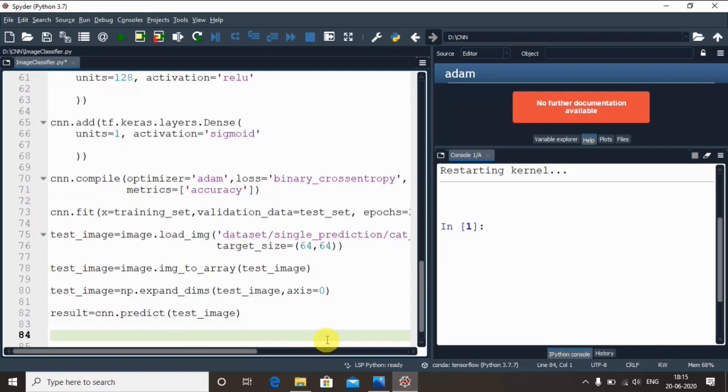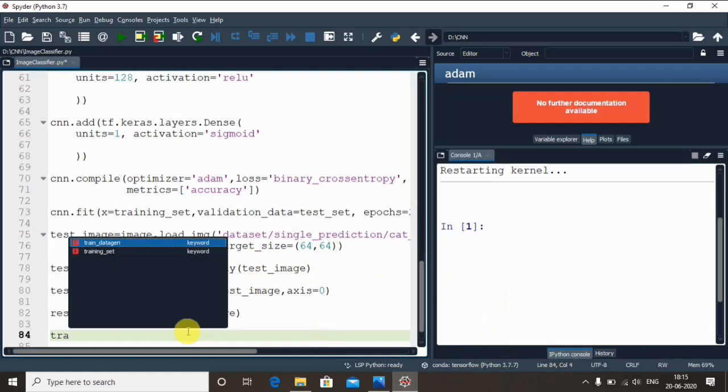There is an attribute called class_indices from our training set which we need to call. As of now, I'll just write the code that will allow us to know which indices correspond to which classes. To get that information, we need to call that particular attribute.